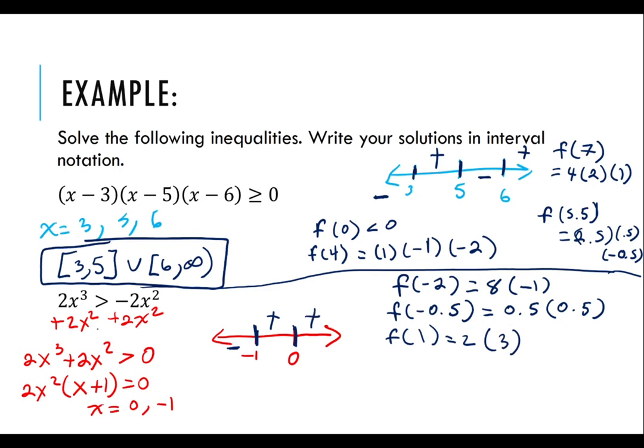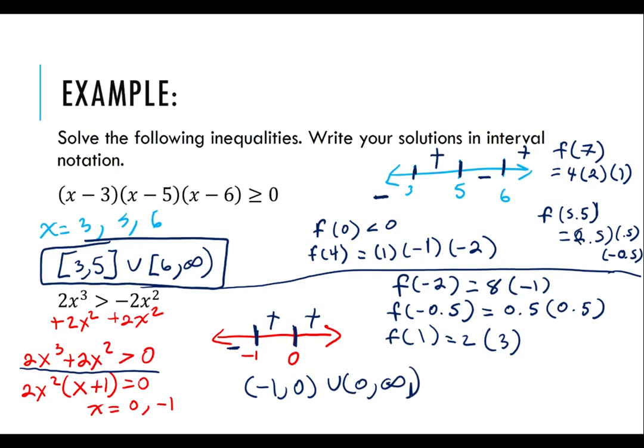Now we're looking for the places where this thing is strictly greater than 0, so we're looking for the positive. But because of the strict inequality, this 0 gets ignored, and so we're going to have a union. That's going to be not including negative 1 up to 0, not including 0, union, not including 0, up to